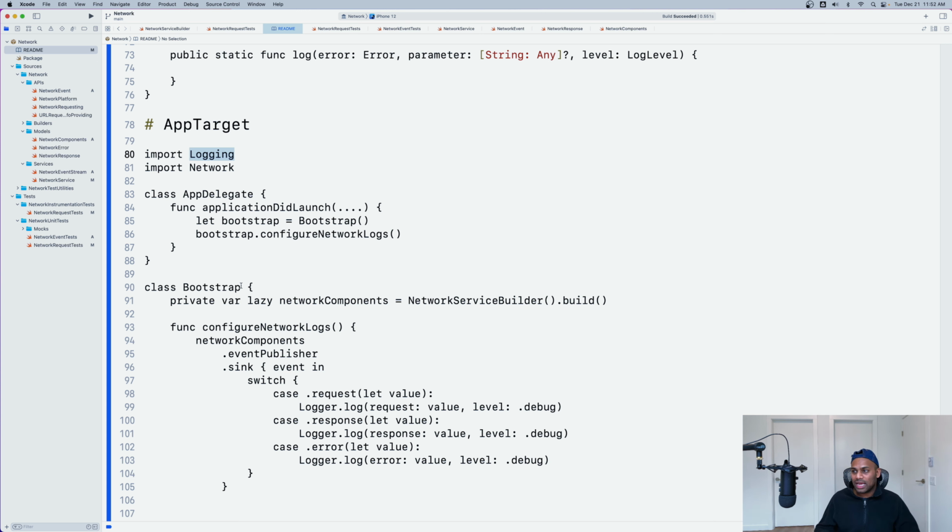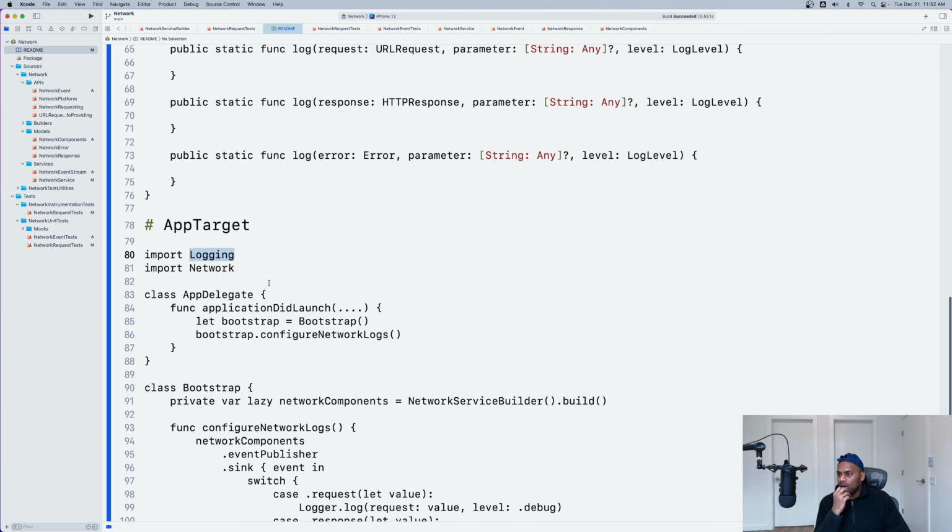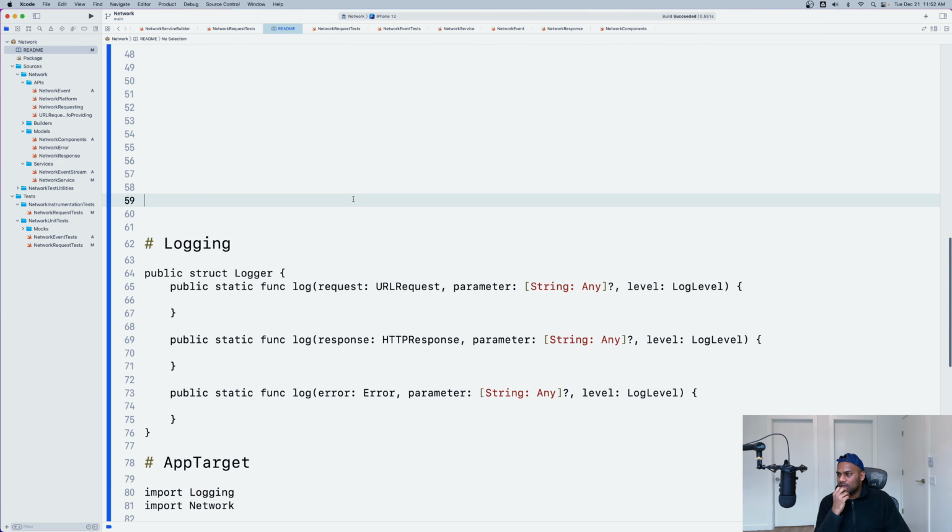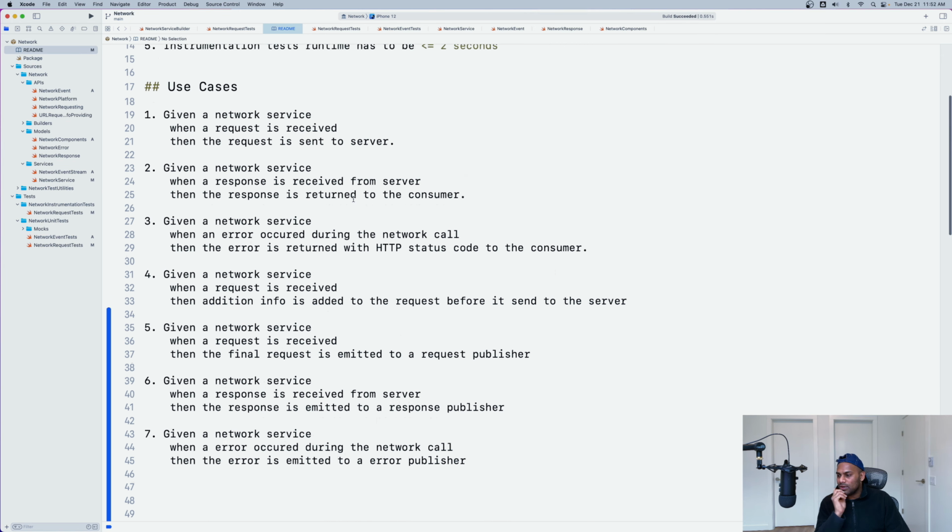You have a nice library setup that is stable libraries. Even the logging library is going to be stable. It is not going to be destabilized by anything else. Network library is also going to be stable because it's not going to be destabilized by any external dependency, right? So this is how we do it. Sounds good, right? So this is nice and clean. This I really like